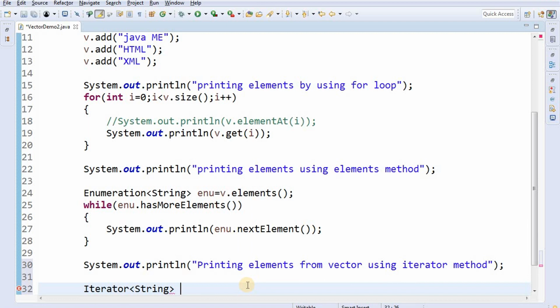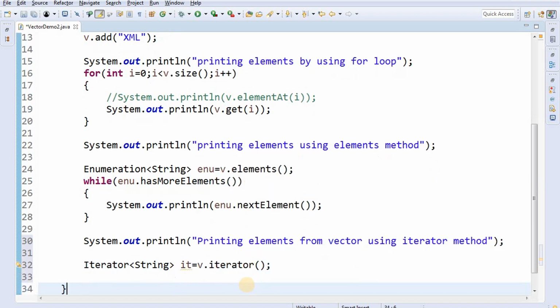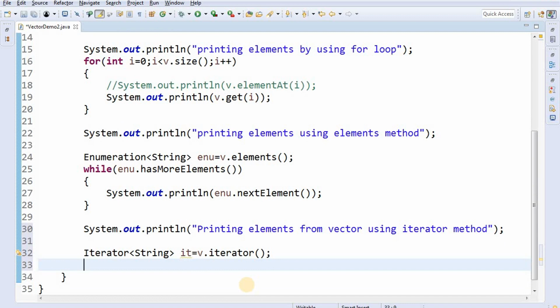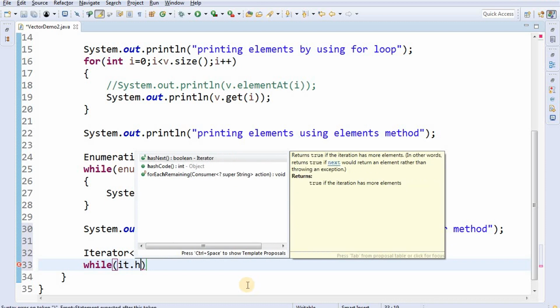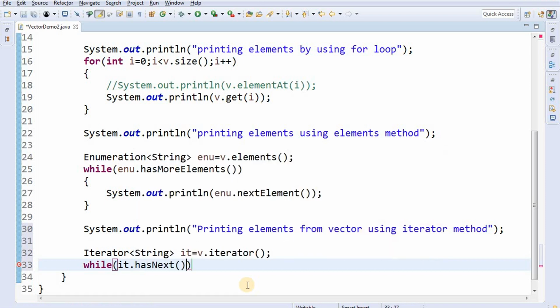Now use it equals v.iterator method. Now I am getting the elements from the iterator. Here also I am using a while loop. While it.hasNext method, it also returns a boolean expression, and it returns true if it contains elements, otherwise it returns false.